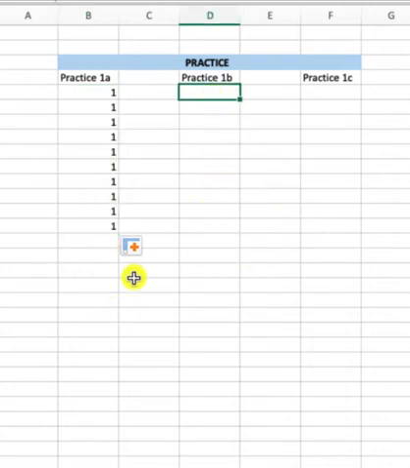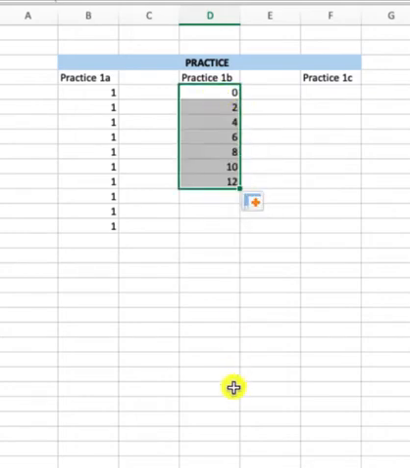For Practice 1B, we're creating a numbered list that increases by an interval of 2, starting at a minimum value of 0, and then we want to end at a maximum value of 10. Similar to how we created a repeated numbered list, in Excel, we just have to let the program know what our number pattern is. So if I'm increasing by intervals of 2, I know the first number in my list would be 0, the second number would be 2, and then I can just copy until I see my number